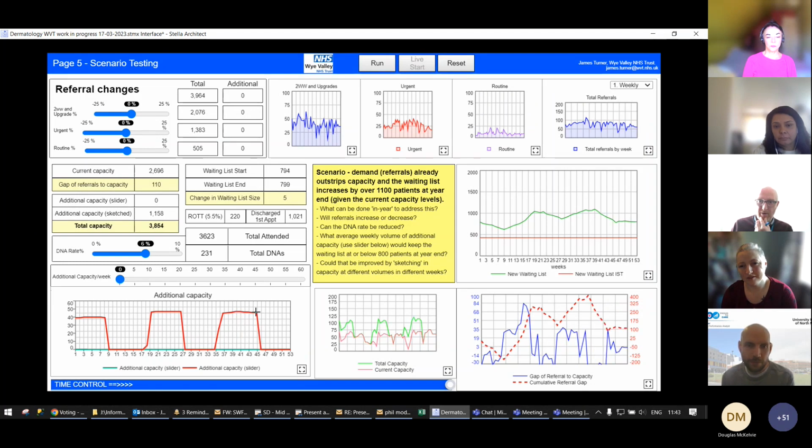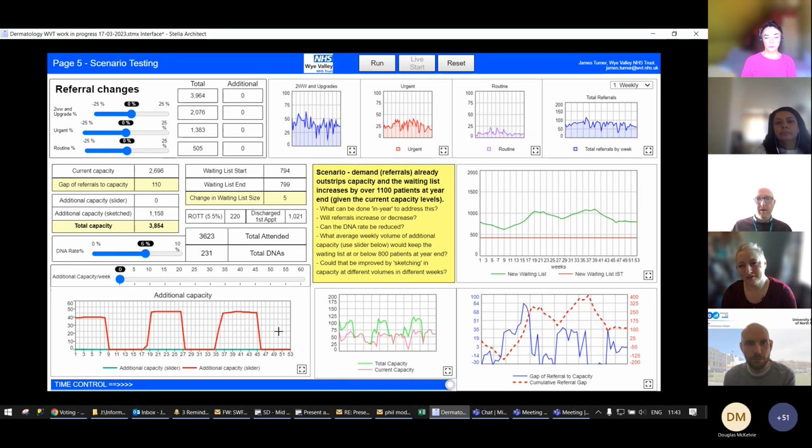I'm just going to tweak it across to get us to the same. So we can deliver our capacity by putting on another 1,100 slots, by getting in locums for 3 periods of 8 or 12 weeks. It means it's easier to plan, it's easier for the finance, and it gives us an answer for where we need to go next.